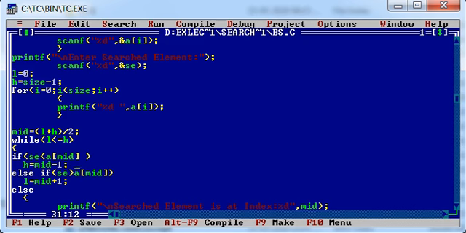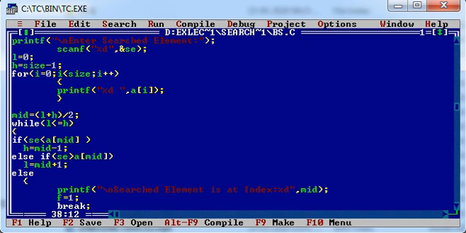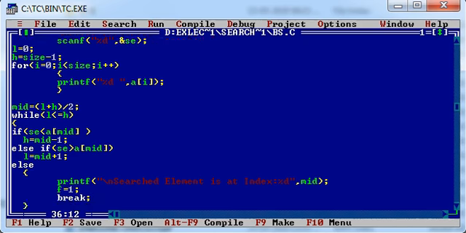And if both these conditions are false, then only one condition can be true, that is the search element is equal to the mid element. In this case, we can say the element is found at mid position, and as soon as we find the mid element, we need to terminate the loop and display the output.